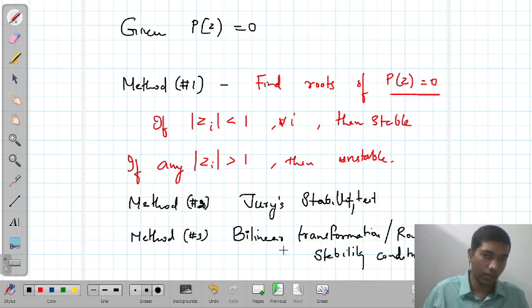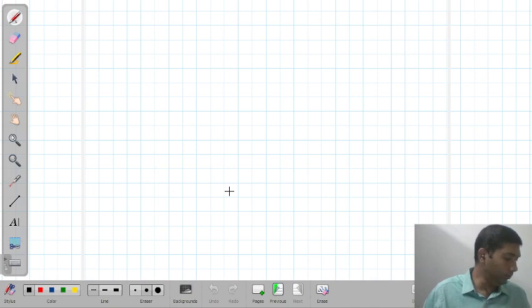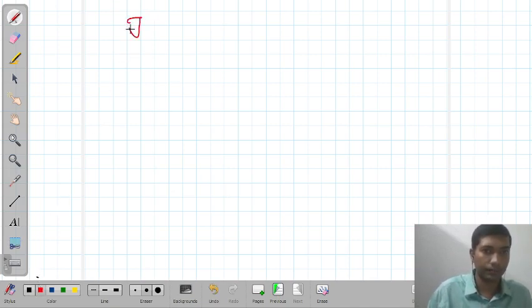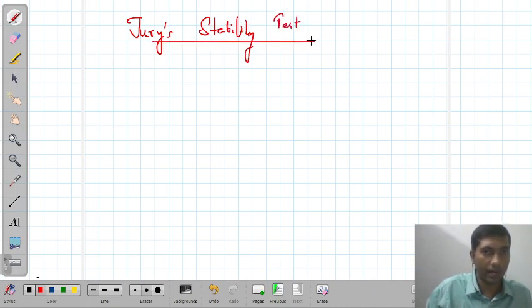So now we will focus on these two methods, the Jury stability test and bilinear transformation with Routh stability criterion. Now, talking about the Jury's stability test. Remember that we are provided with the characteristic equation P of Z. So assume that the characteristic equation is given by P of Z equal to